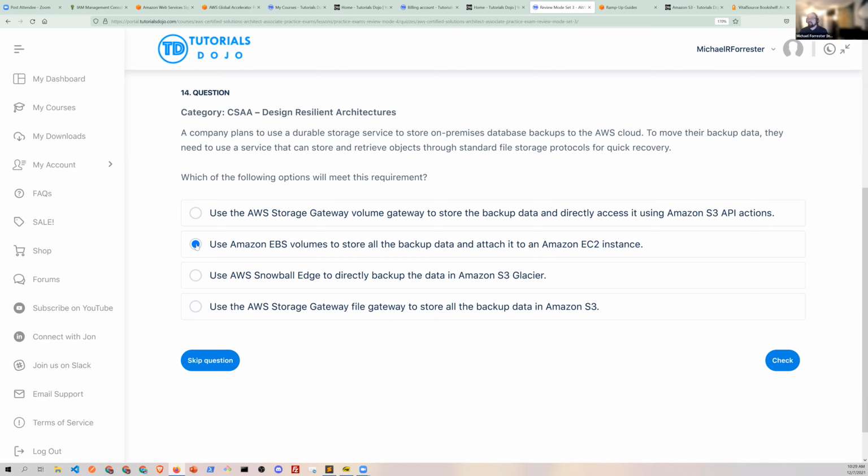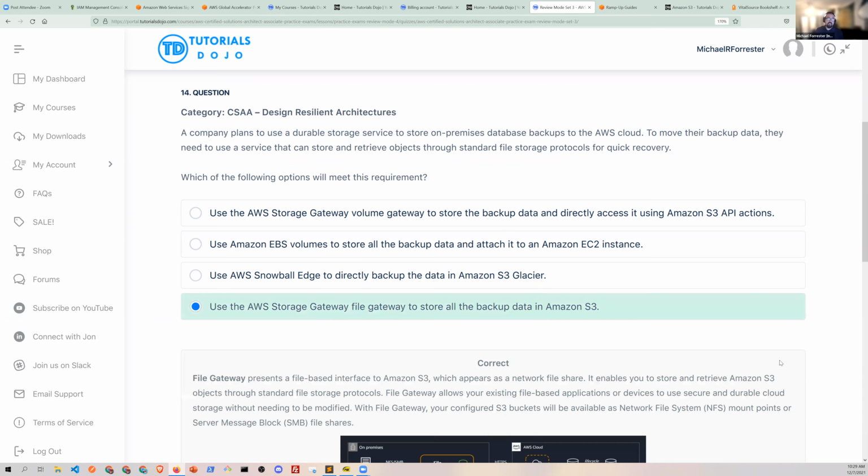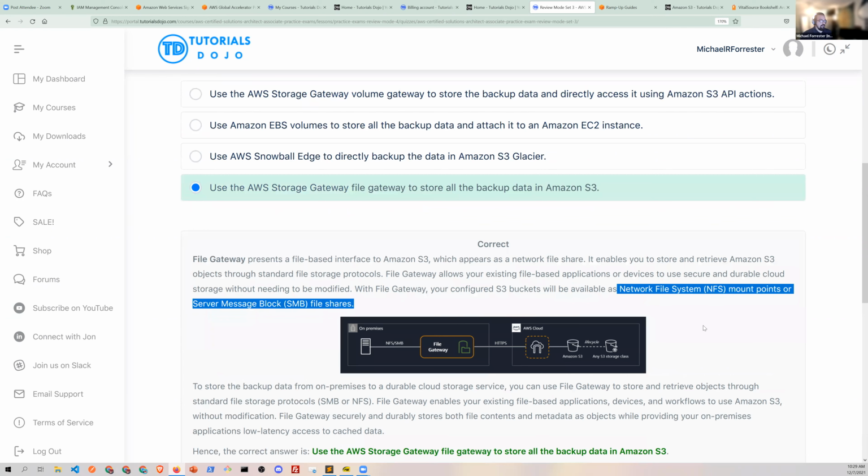Now, storage gateway, by the way, has been around for a long time. Not a lot of people use it or know about it. And the file gateway in particular uses standard file server protocols, SMB, right? CIFS. I don't know if it does NFS actually. It might do NFS. Oh, actually it does NFS. Haha, look at that. It does it right there. Okay. So, because basically it runs a Samba server and an NFS server. And so it allows you to share with Windows or Linux devices natively.